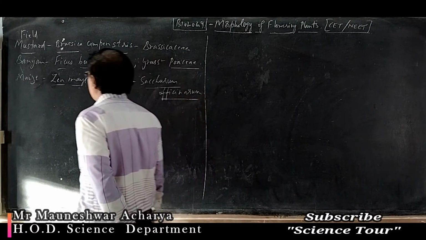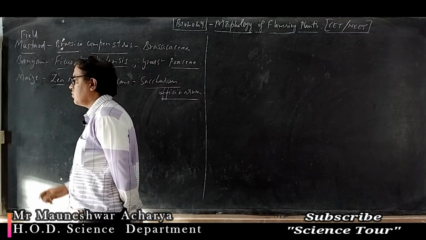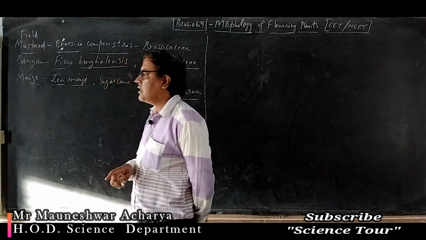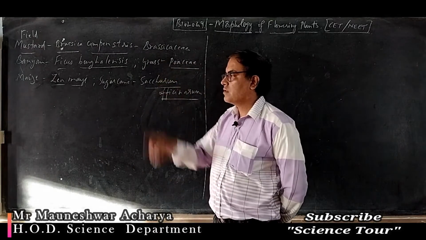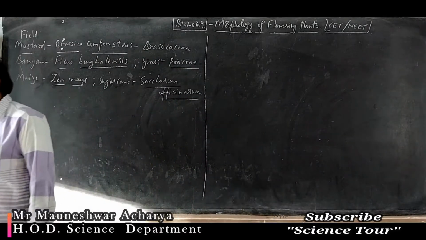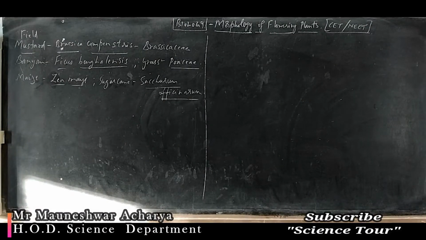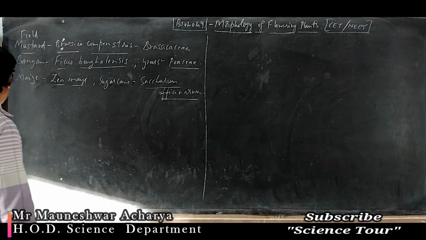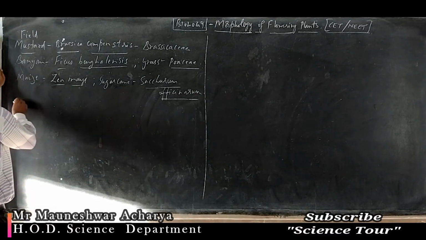Saccharum officinarum. So they have what kind of root? Stilt root, the roots which arise from the base of the node, and this stilt root helps in giving mechanical support. Then you have seen the different roots like underground roots.